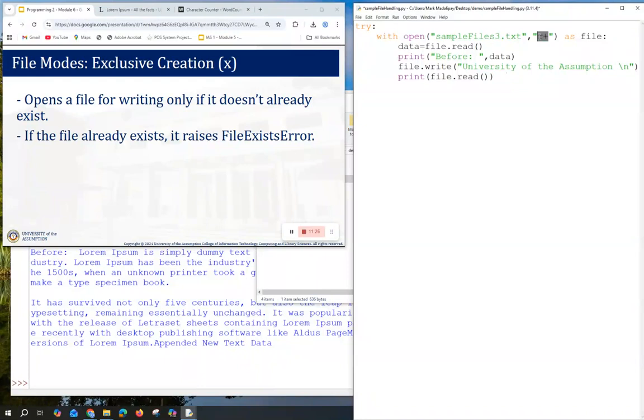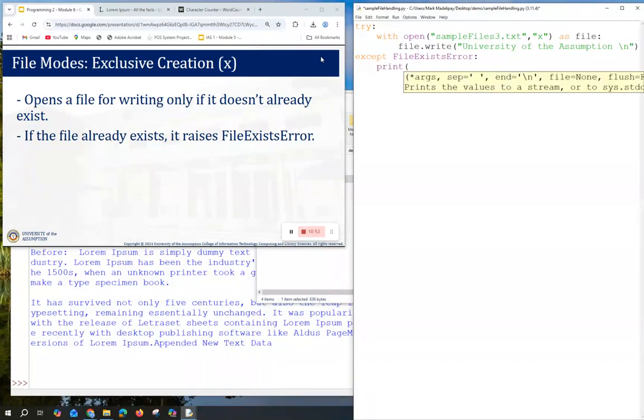Then we have your X. Then except FileExistsError, we'll have to print error, file already exists.